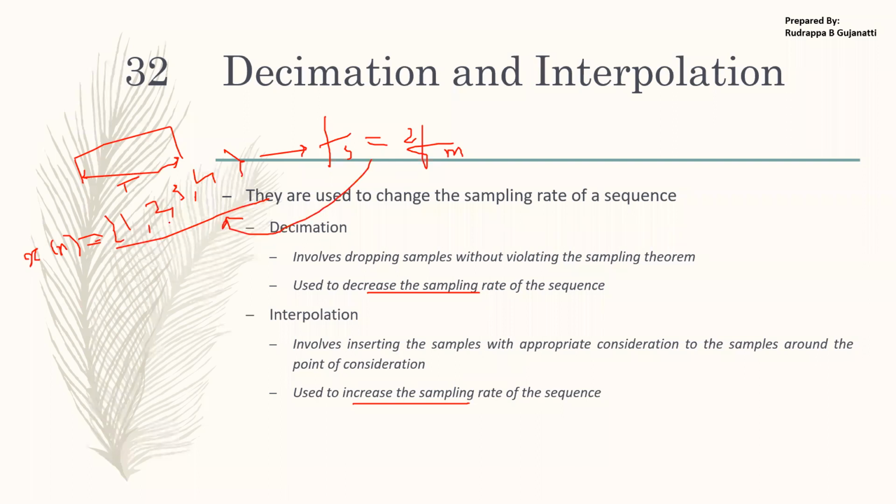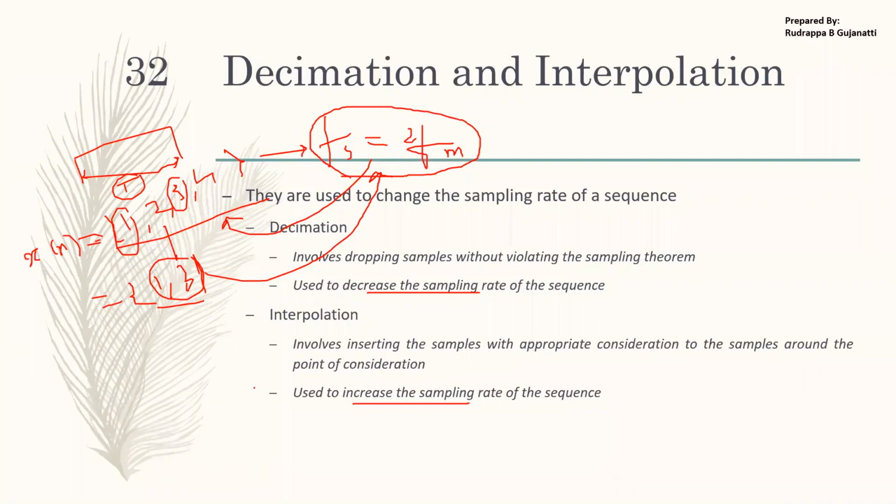Now, if I try to decimate this sequence, say I retain every second sample and leave out every third sample. I'll be keeping this and neglecting that, keeping this and neglecting that. If I do that, I'll get only these 2 samples. But in a given time period, if you're just taking 2 samples, this condition is failing. So even if we are decimating, we should take care that the condition is still satisfied. We have to take care when we are doing such processes.